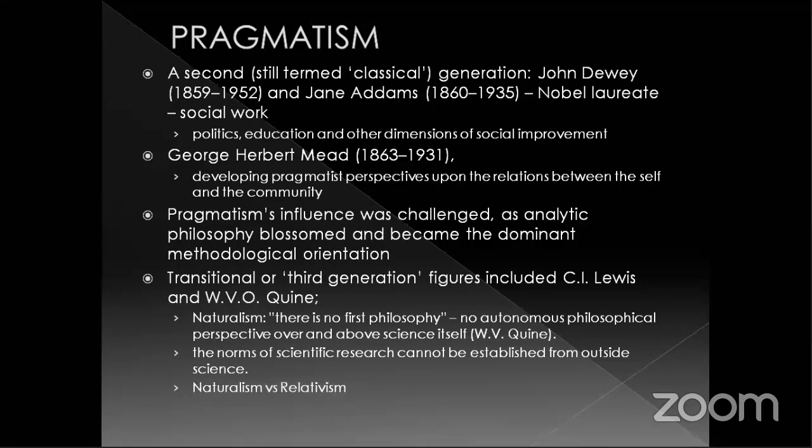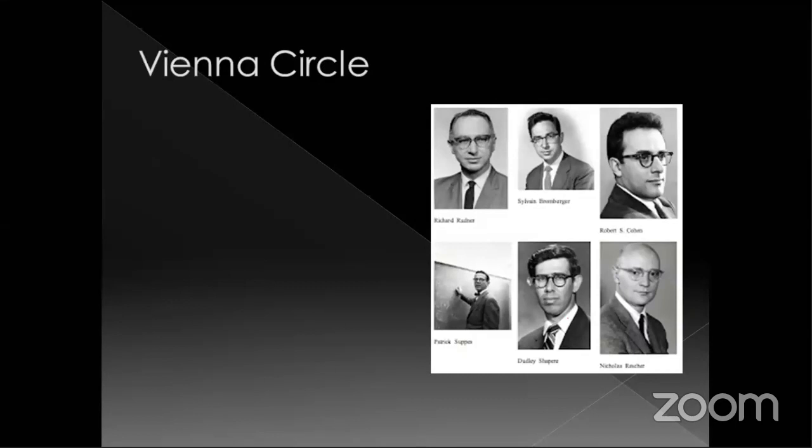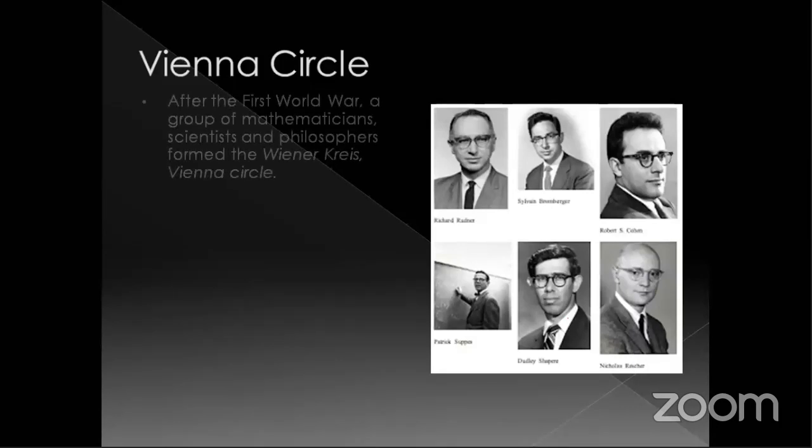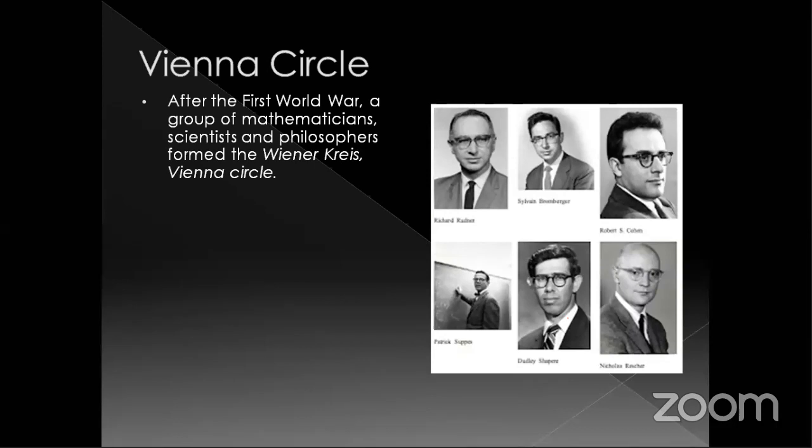So the question of naturalism versus relativism came up, and in this debate, these pragmatists hold the pole of naturalism. Then the famous Vienna Circle, which came after, or rather during the second industrial revolution. After the First World War, a group of mathematicians and scientists and philosophers formed the Wiener Kreis, that is Vienna Circle,